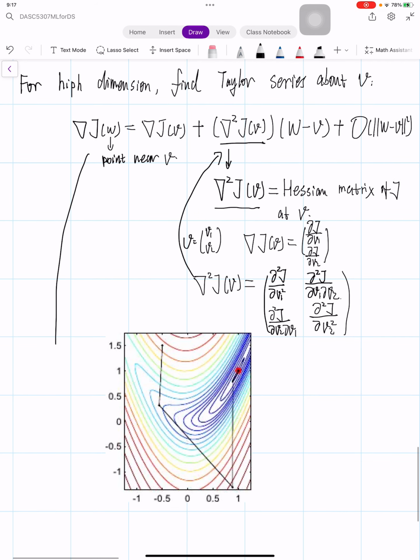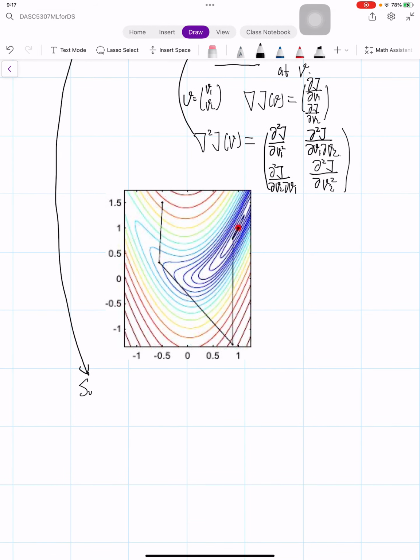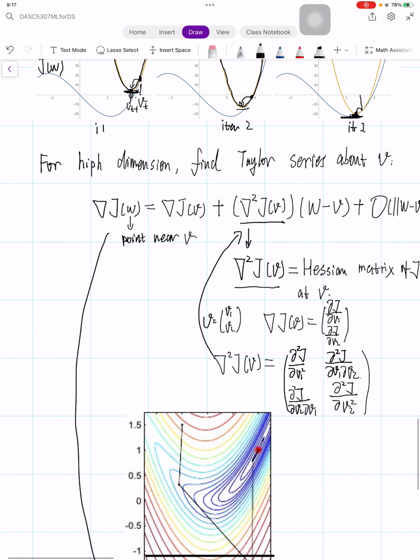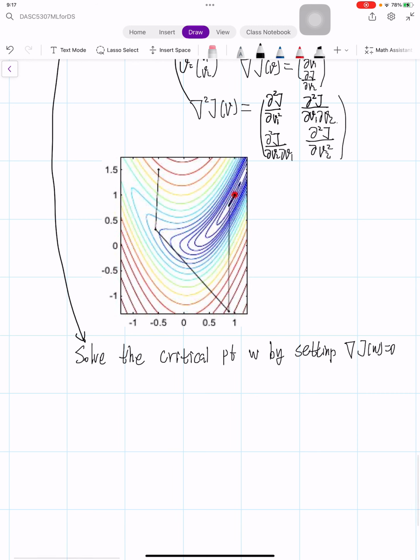Okay, so this is a gradient, right? And solve the critical value, critical point, W, by setting the gradient equal to 0. Okay, so this will give us the iteration steps. So we're going to update this W equals to V, where we're starting our algorithm,